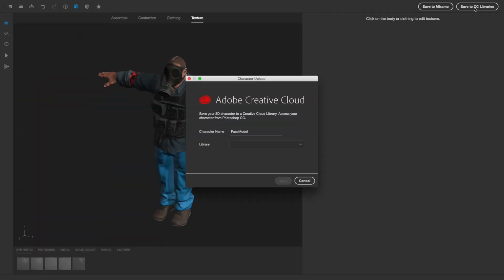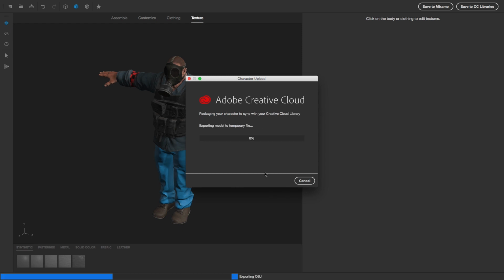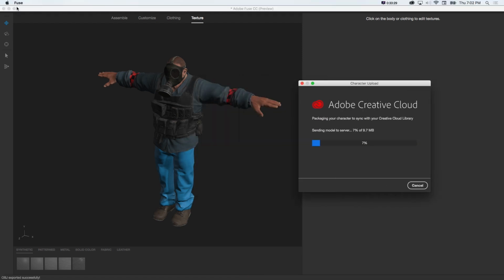If you save to CC Libraries, it's going to let you save it into any of your libraries. If I just do my library and call this demo model new and go to save, it's going to, again, do all the pain-in-the-butt work for you. Export that, and then you don't have to get a file or worry about keeping stuff on a drive. It's just going to automatically show up in Photoshop just like other stuff does if you're getting stuff from Adobe Stock.